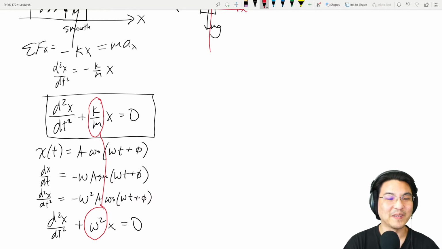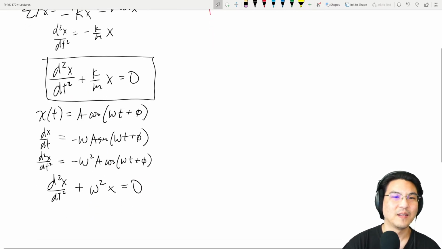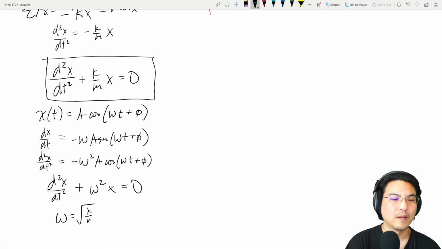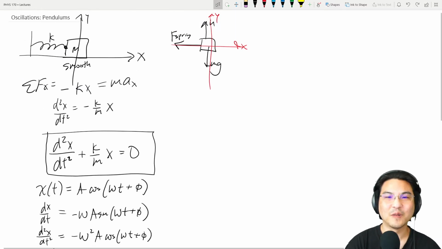That means omega is square root of k over m. Right, so then we got this part of the solution. And then how do you get this and this? You would need to use the initial conditions, like in that last video. Okay, now